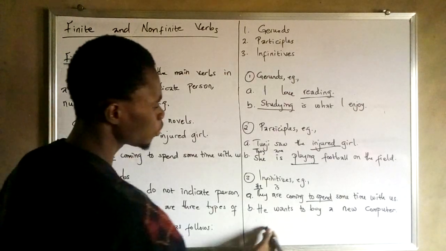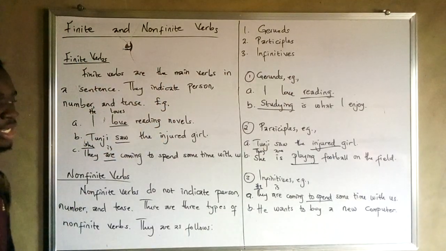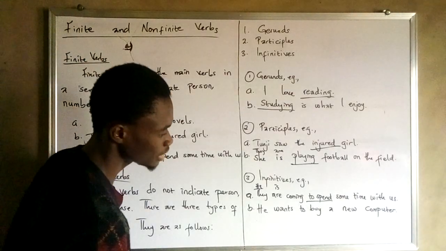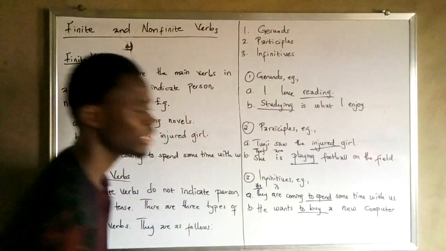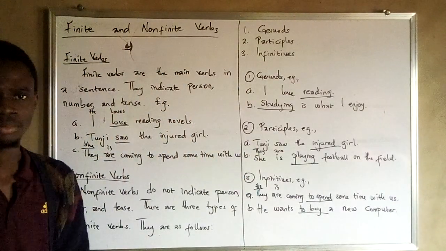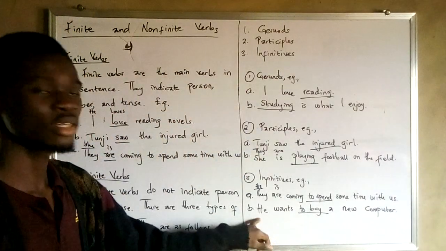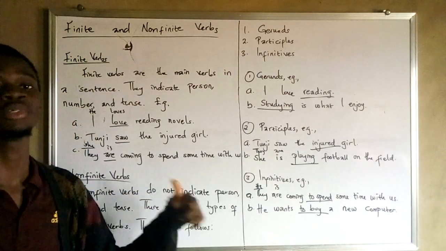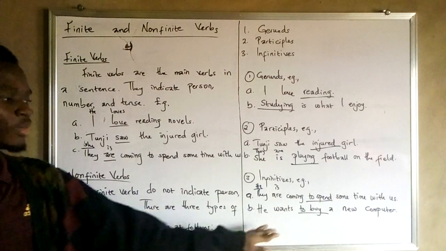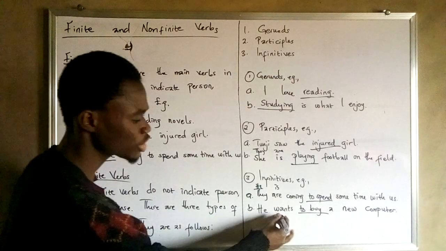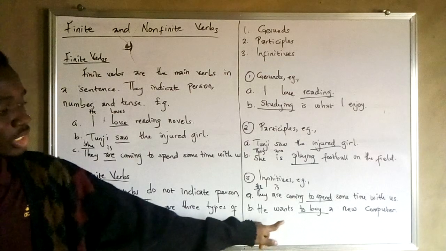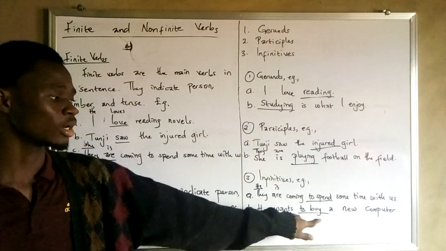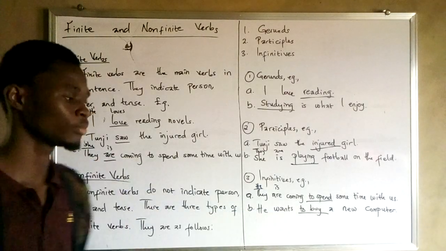So also, he wants to buy a new computer. He wants to buy a new computer. The infinitive, or the to-infinitive verb there, is "to buy", and it is a non-finite verb because it doesn't agree with the subject. If I were to change this subject, this is a singular entity. If I were to change it to a plural entity, it remains the same. And if I were to change this action, this is a present action. If I were to change it to a past action, this verb, this infinitive, is actually going to remain the same. For example,